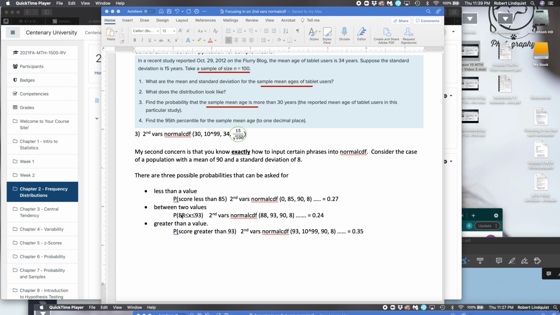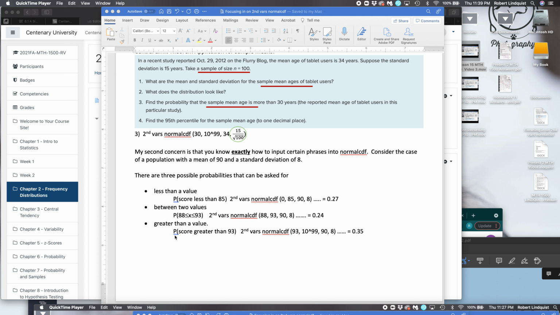What if they say between two values? Like in this case, between 88 and 93. Well, again, 2nd VARS normal CDF. The lower value is 88. The upper value is 93. The mean is the same, it's 90. The standard deviation is the same, it's 8. You punch those numbers in, out pops 0.24. Life is good. What if they say that they want to know what's the probability that it's greater than a